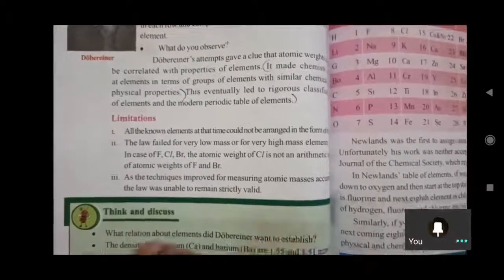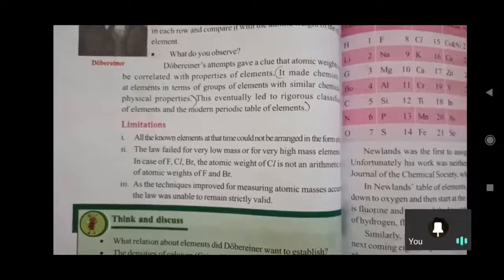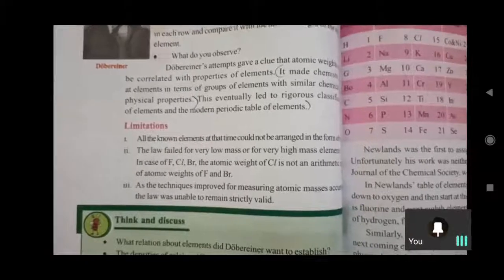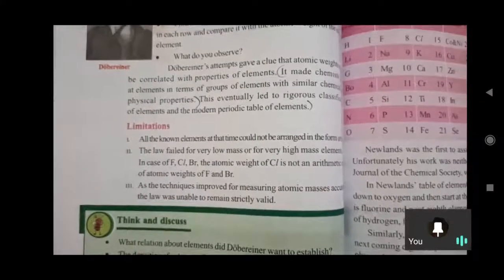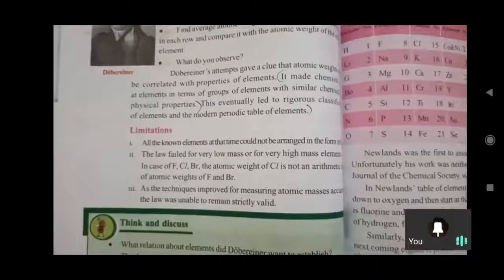Now it is invalid. We are not considering that table or that arrangement now, but he has given that information. Grouping according to physical and chemical properties is important, and that alone is helpful for the modern periodic table. But the drawbacks are